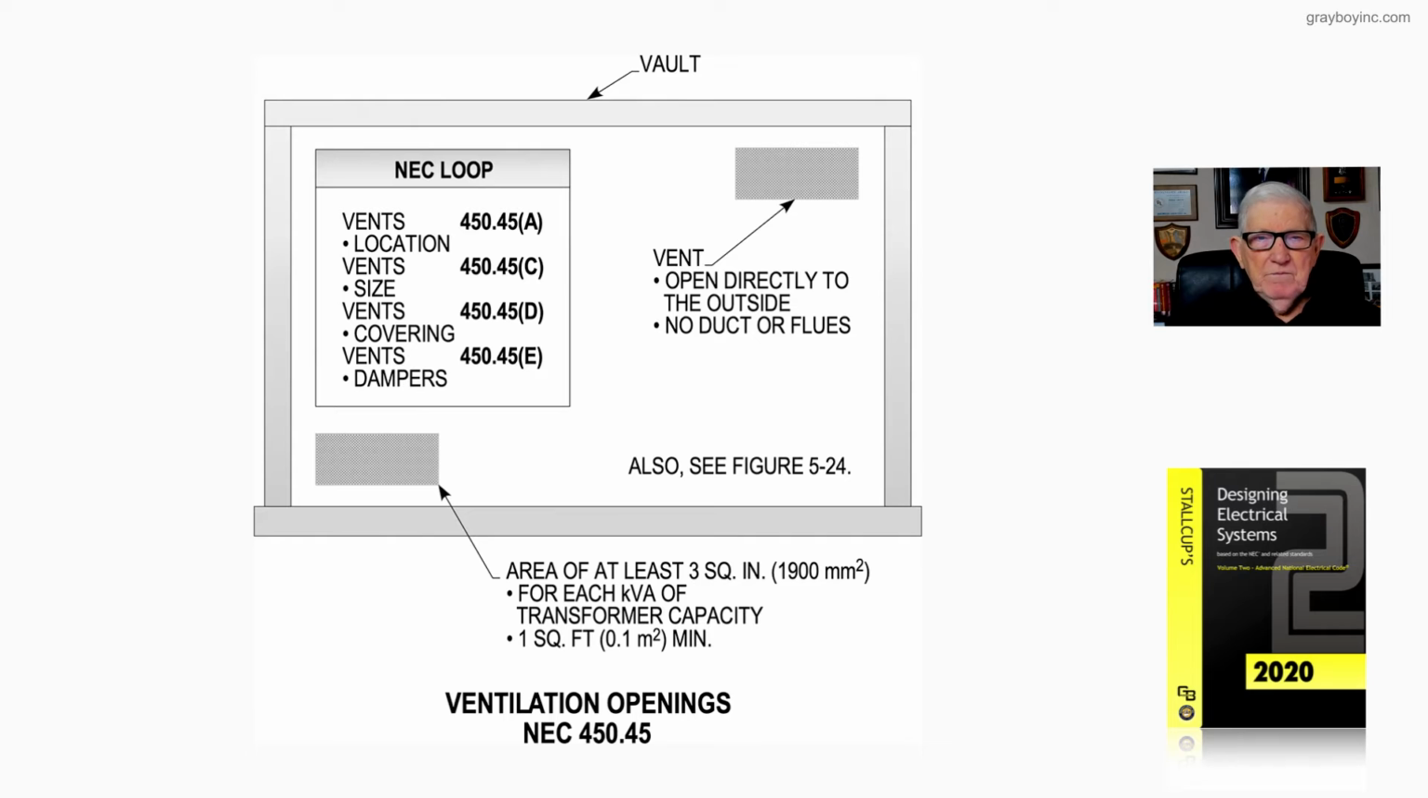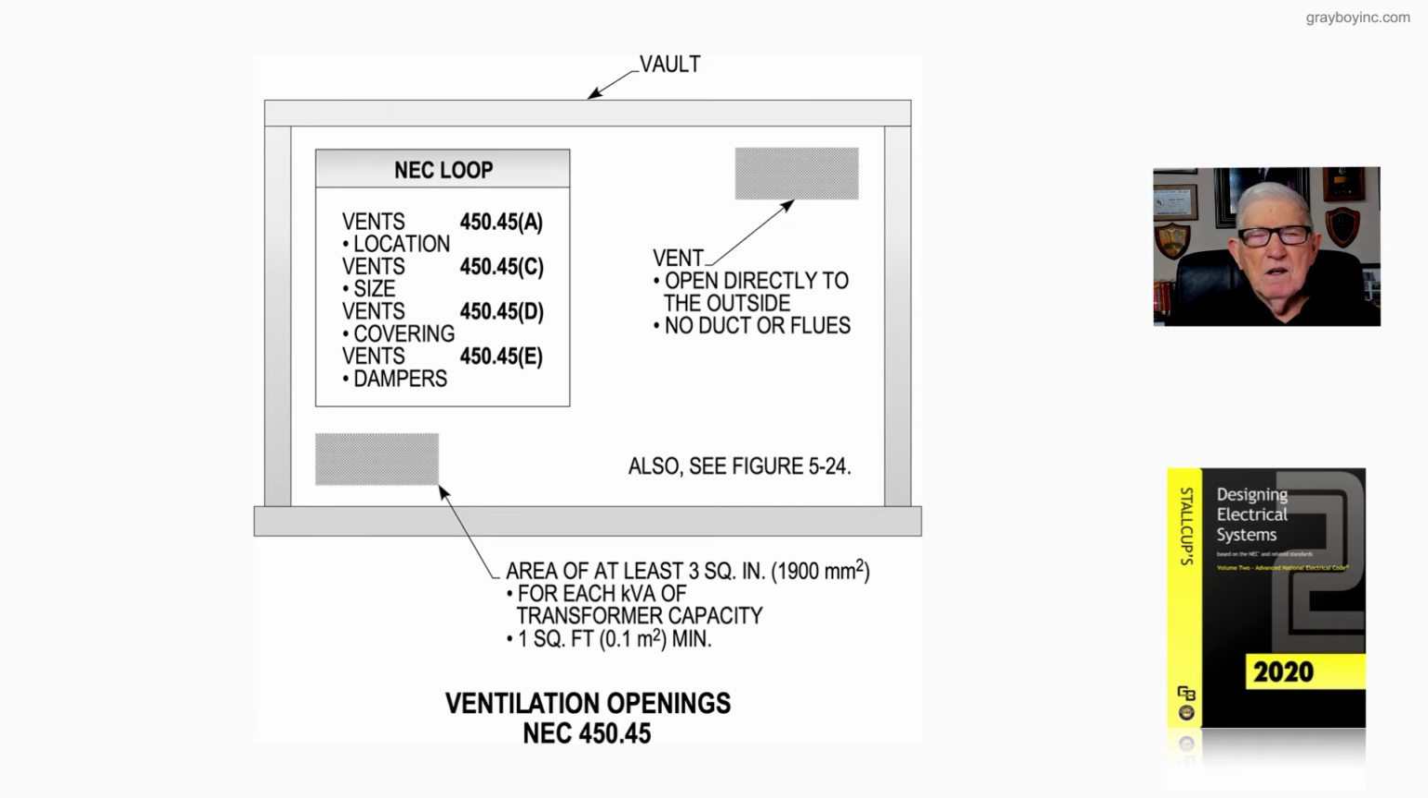450.45C. Covering vents, 450.45D is in dog. And then, of course, vents dampers that have to be installed when needed is 450.45E, excuse me. And then notice the vents that you see here, they open directly to the outside with no